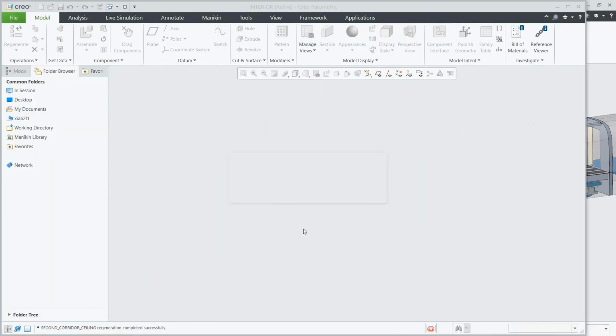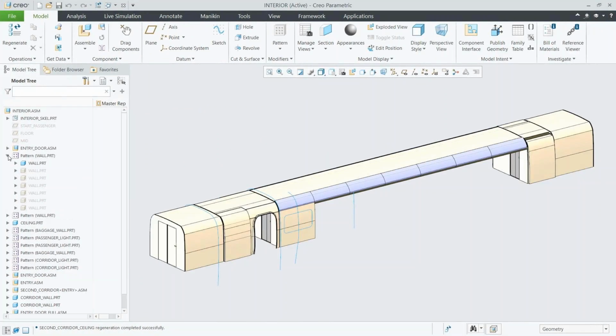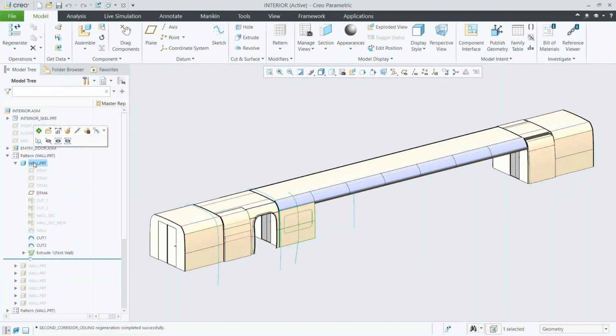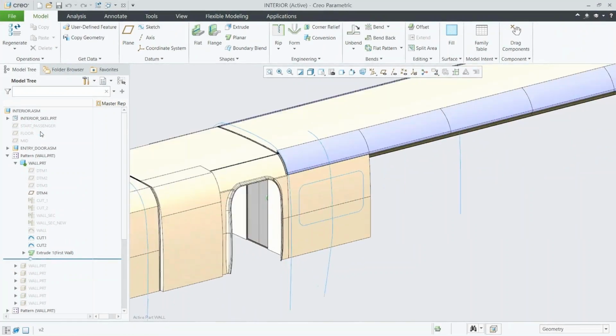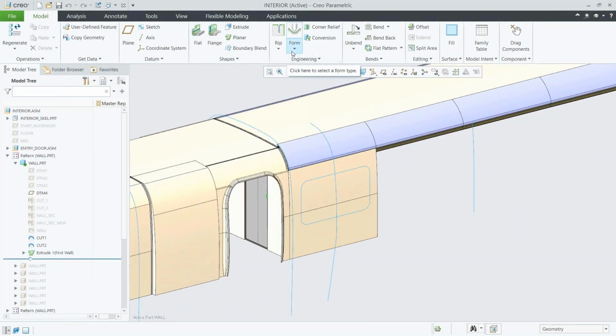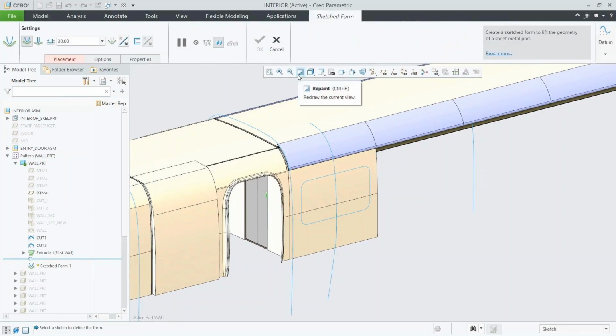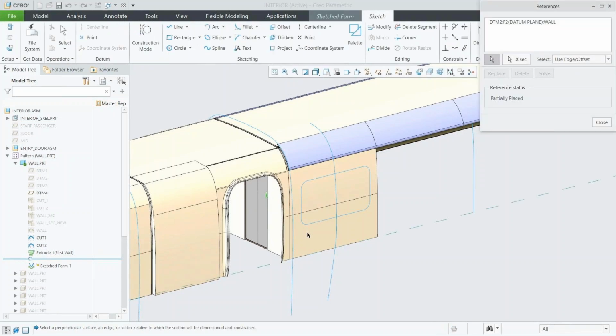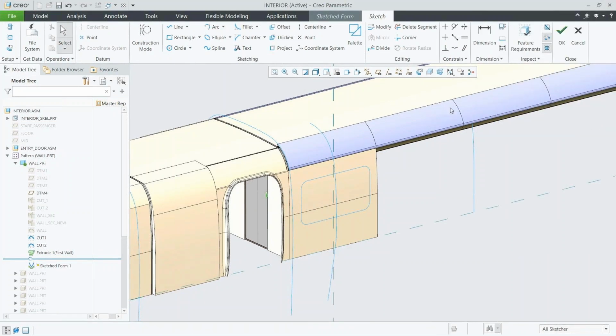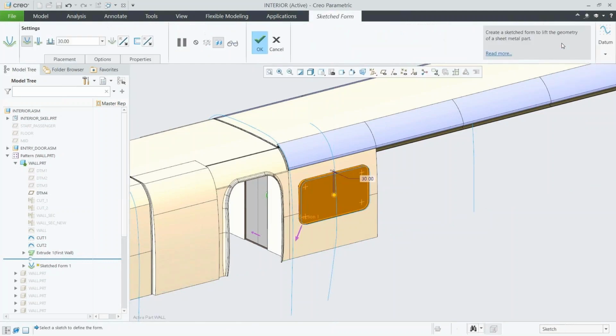So we're just going to open up that master representation. So this is everything inside of the interior subassembly. And we see that we have a wall already created. And we can start working. So if we're going to create this window, we need to consider how this window is going to interact between the interior and the structural, right? So we copy that loop. And we're going to use our sheet metal tools to create a window. So if you pull this out,